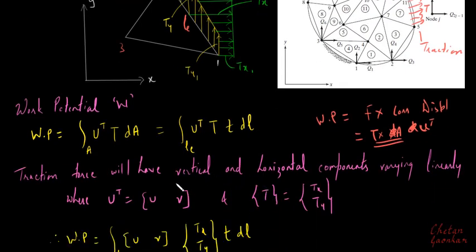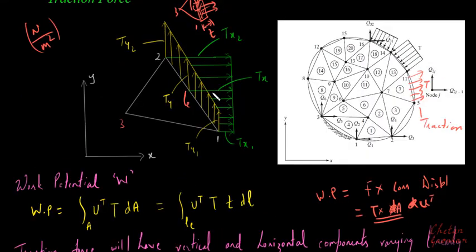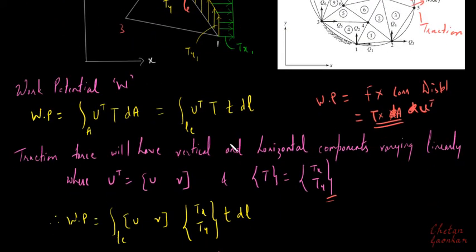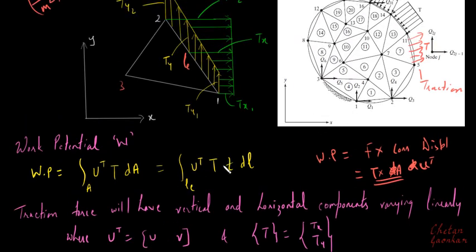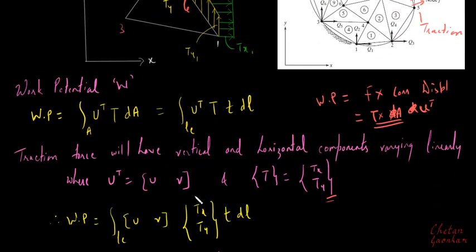Further, the traction force can be given with these two components, tx and ty, the way I have represented here. The applied traction can be resolved in two directions, and I call its components tx and ty along the x and y directions. That is what has been written here. And of course this is the field variable, or the unknown parameters at the nodes, and that can be given as u and v, or q1 and q2.